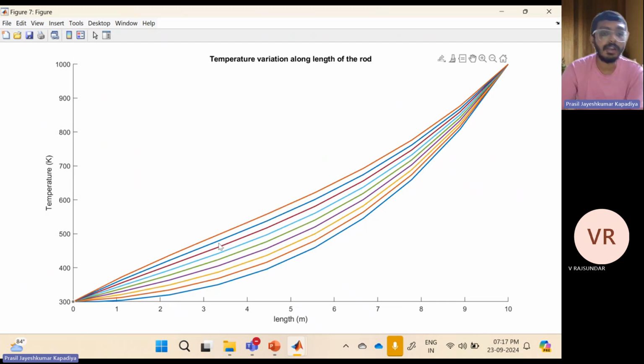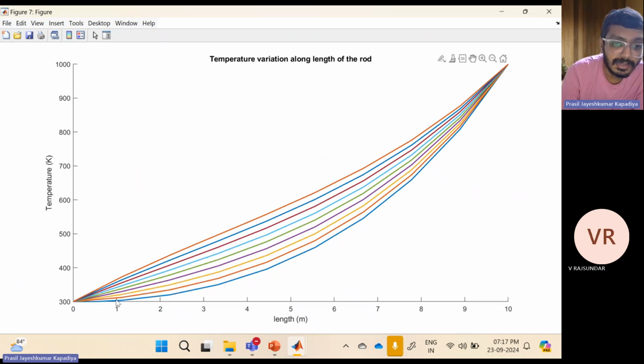So see, as our temperature is going towards a higher range, it's not exactly a straight line, but the curvature is significantly reducing. But one thing is, it is starting with 300 and it should end with 1000. But as our ambient air temperature is increasing, our convection is also increasing. So the temperature, I should not say faster, but the temperature difference it is achieving